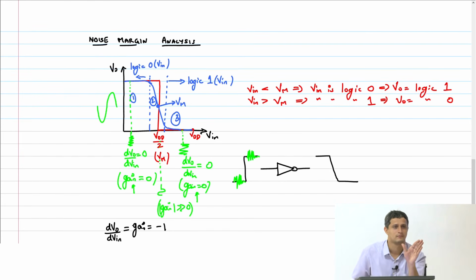At least you're still okay, because assuming that the noise is of reasonable value, it goes through to the output fine, it's not going to affect the next inverter too much. But if it gets amplified, then you have a problem. Okay, any questions here? Yeah,